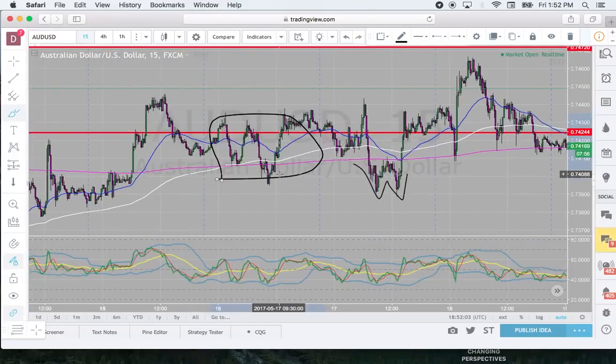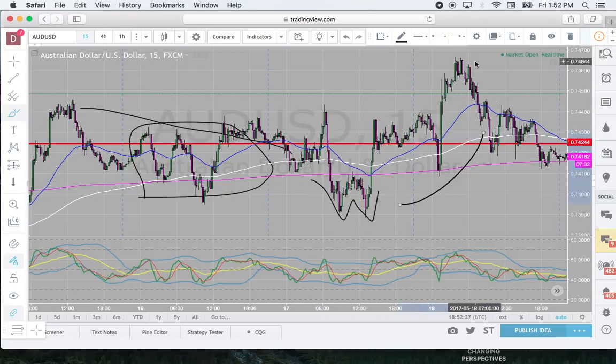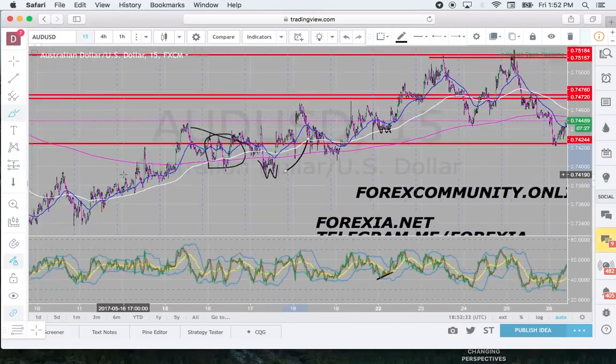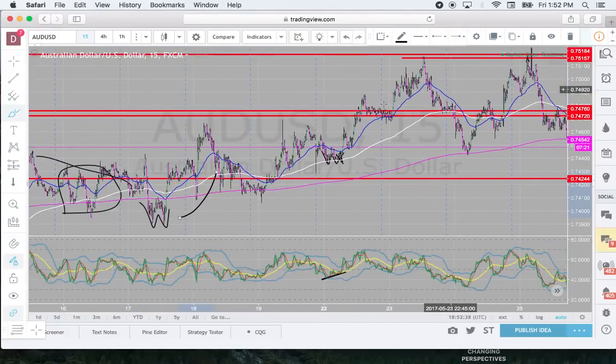So here we can see the market is basically downtrending, and then price comes down, makes the W below all the EMAs, and then comes up again. So it resets the uptrend. It comes down, resets the uptrend, and then comes up. And then they keep resetting the trend until they have built enough momentum to basically completely shift the zone